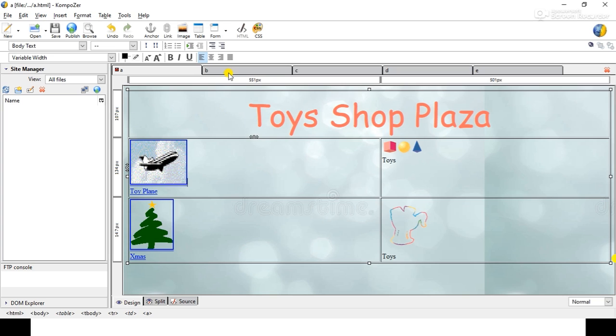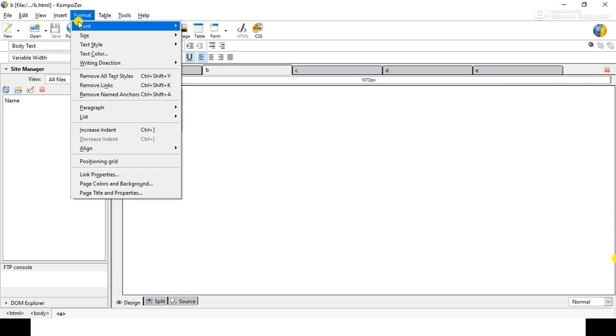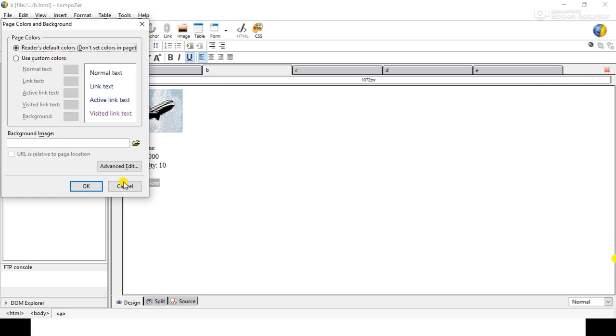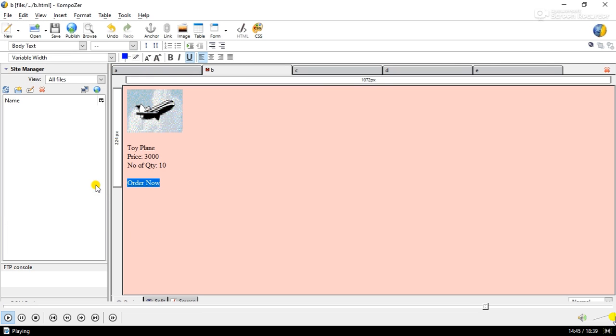Now for the remaining pages, if you want to give some color effect or some image, you can set it also by Format, Page Colors and Background. If you want to select a color, then use custom color, select any one color, OK, and OK.